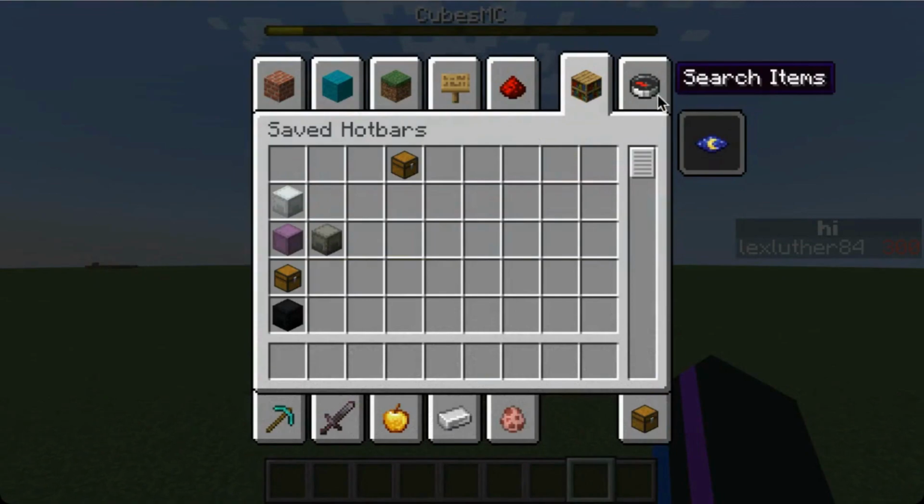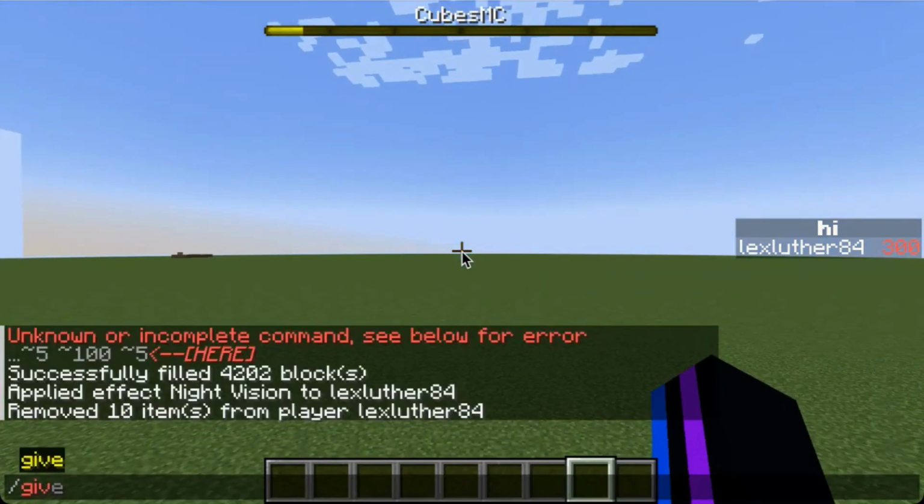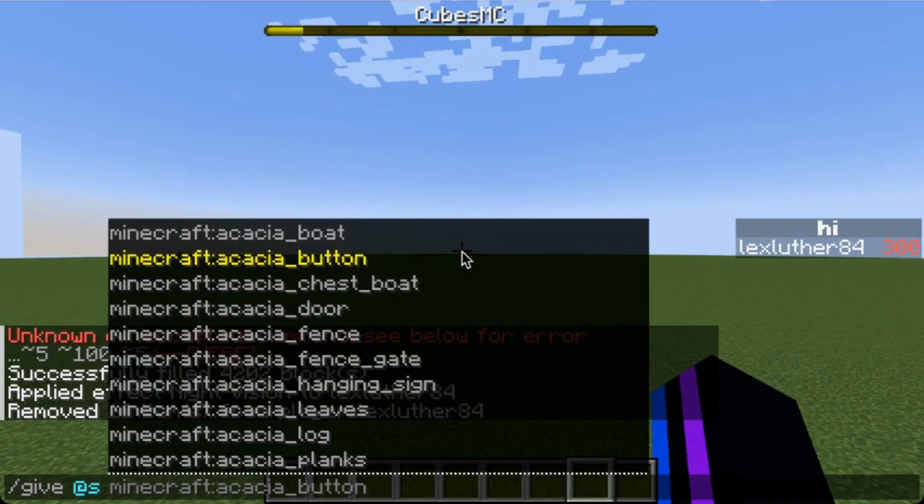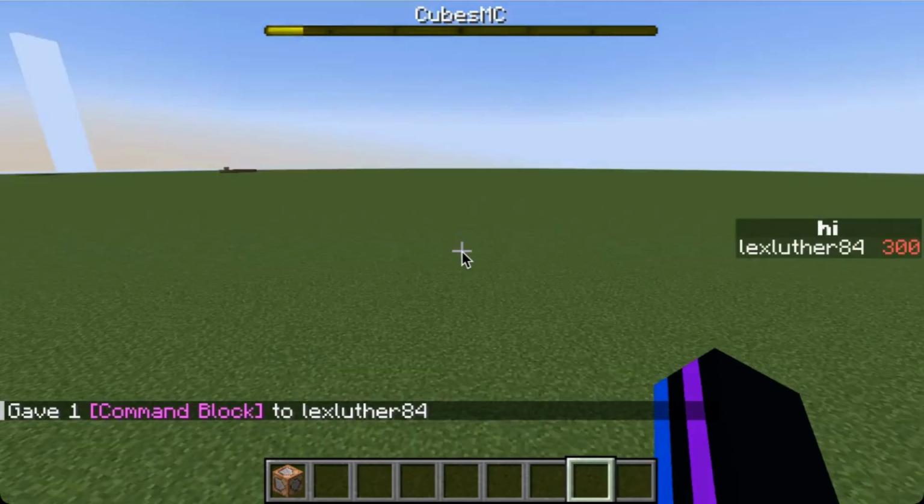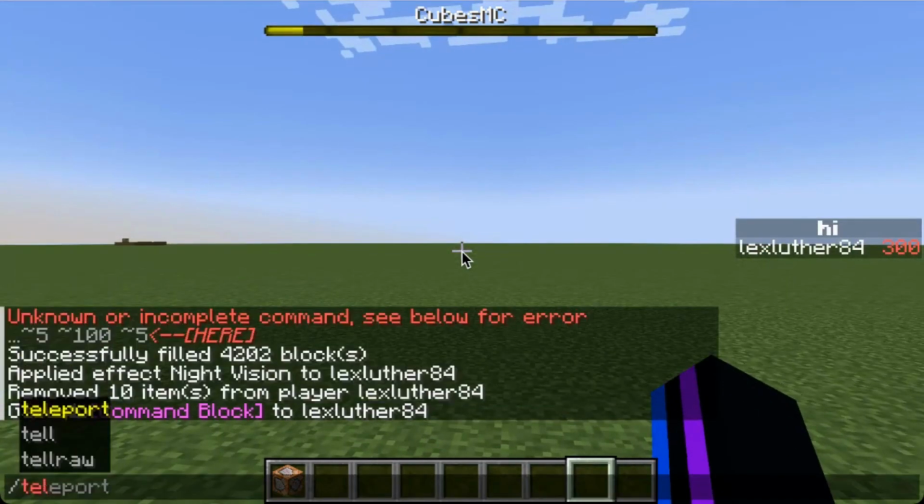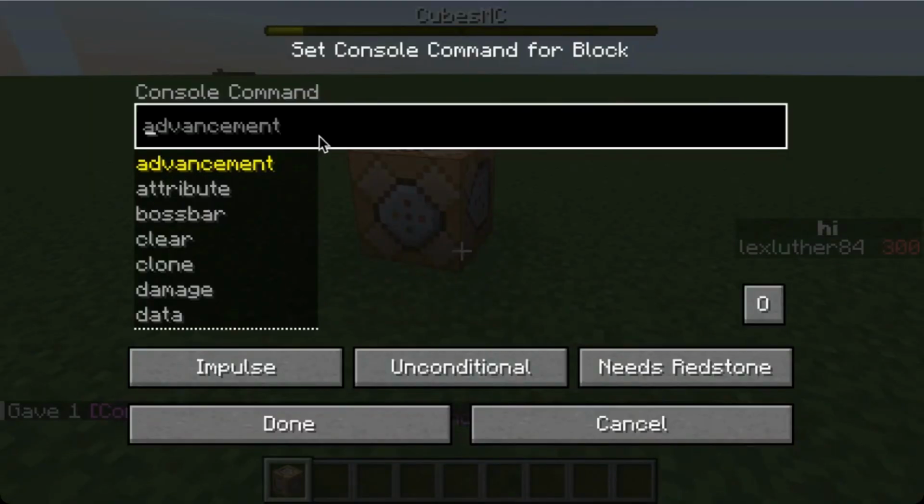First, you want to get a command block. You give yourself a command_block with the slash give @s command. Well, you don't really need a command block, you can just use the tellraw command in chat, but I'm using a command block. So then you can do tellraw